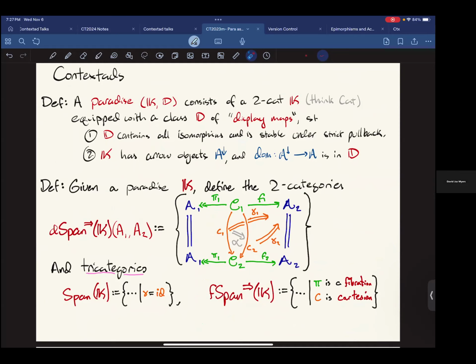Okay, so I'm going to define this thing called a paradise. You can always think of this as being Cat for now, although at the end of the talk I'm going to swap it out for other two-categories. And so for now we can just imagine it's Cat. And then given in Cat, we can describe between any two, let's say categories, A1 and A2, which appear here, this two-category. So its objects are spans. Its morphisms are these kinds of